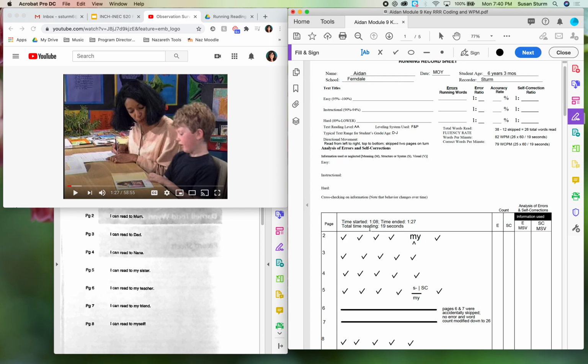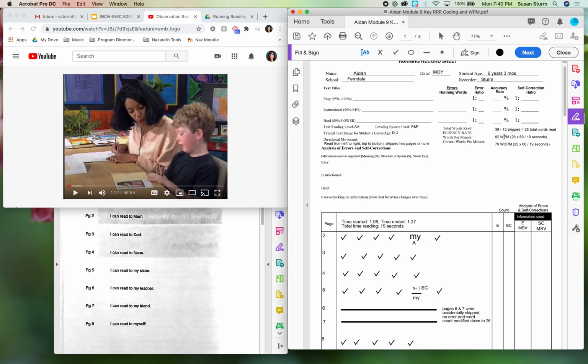Remember that you're subtracting in time. So if it's going over into the next minute, you can't just take away, you have to do it by 60. And there are time calculators online that can help you with that if that's tricky for you. But the elapsed time in his reading is 19 seconds. He read that text so fast. There was only 26 words that he read, so it's pretty understandable why it only took him 19